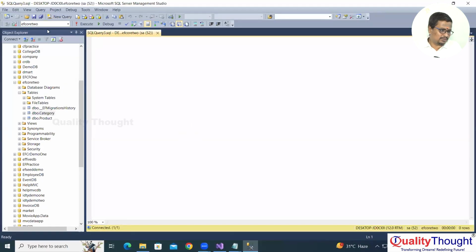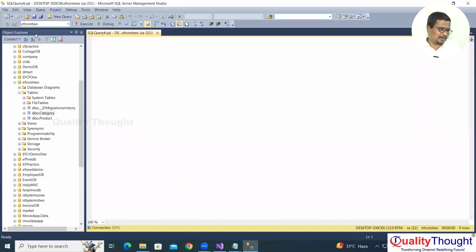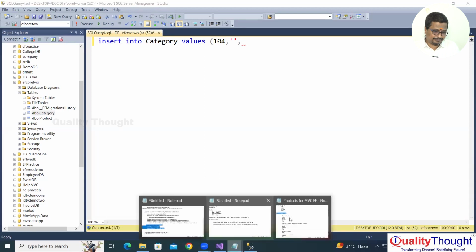Okay, so now select the new query. Once again, I am showing here. See this in the Management Studio. There is an option here, new query. Select this and make sure that in the top left corner in the drop down, your current database is selected. Our database is EF Core 2. Now insert into category values 104, because we need to prove everything. The fourth value,